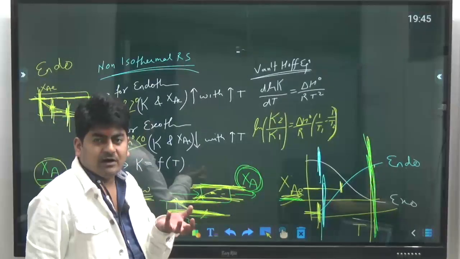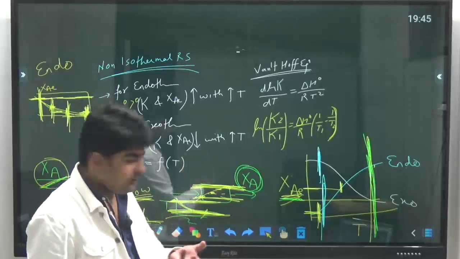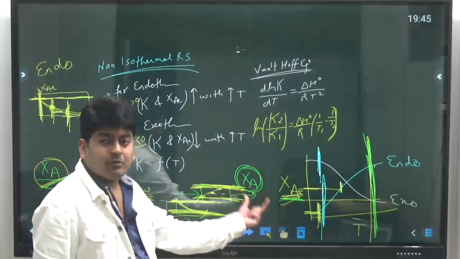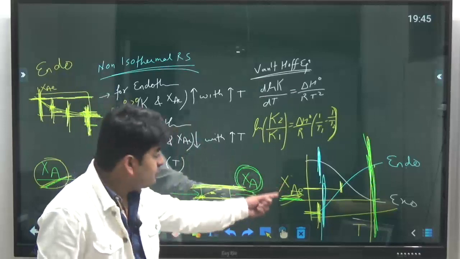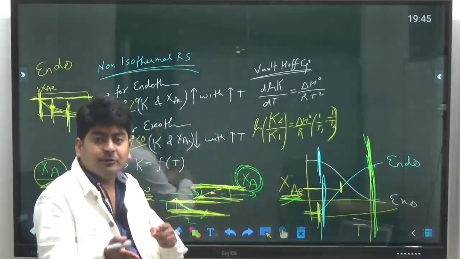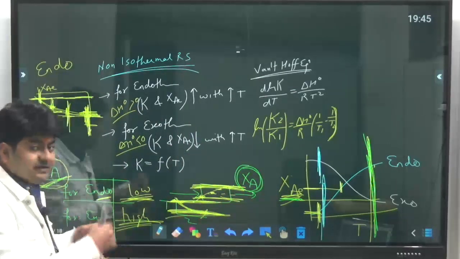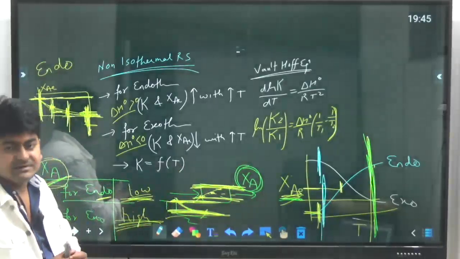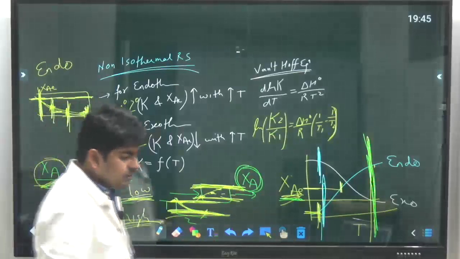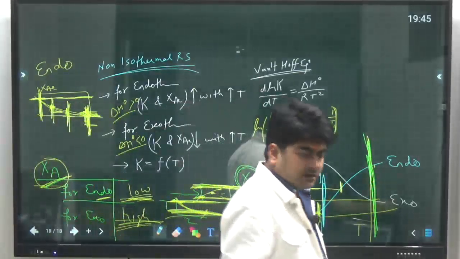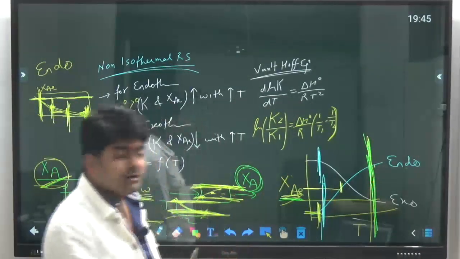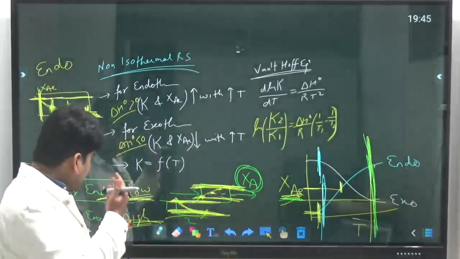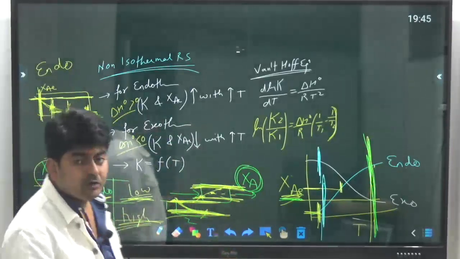So this is a point which I want to discuss with all of you, one important thing to understand. This is the equilibrium conversion, meaning at point value. Overall conversion is a different thing. That is the sum of all these equilibrium conversions. You can say it like that. So I hope this is clear, this point about the equilibrium conversion and equilibrium constant.